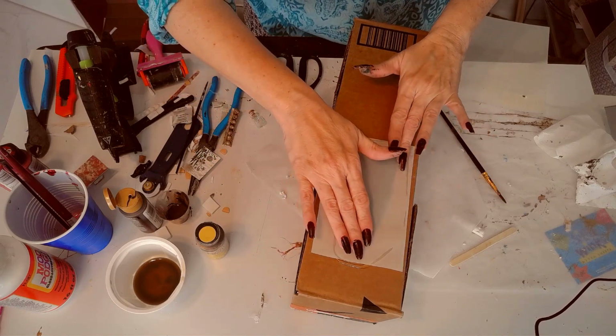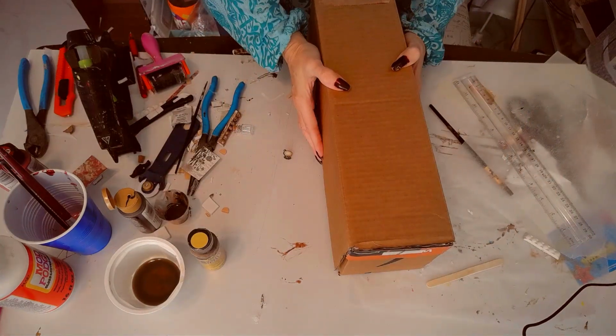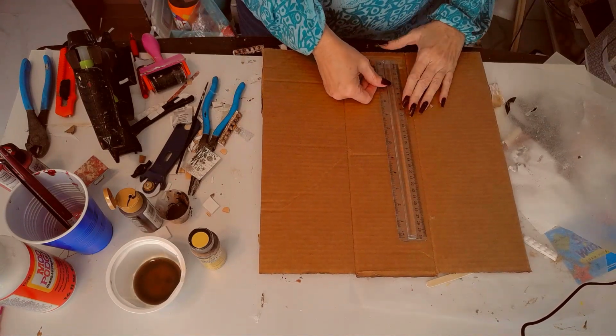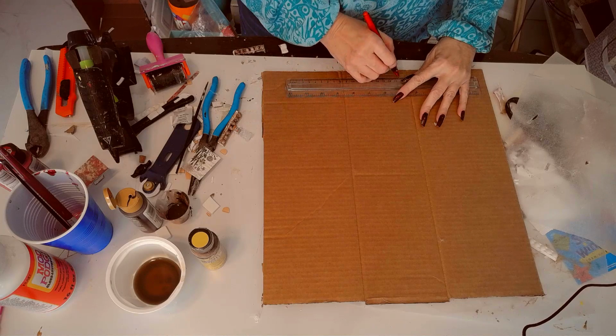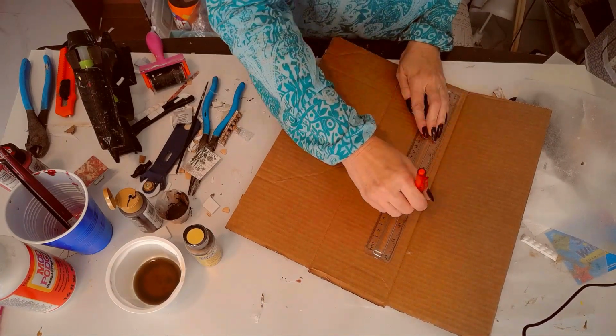Now I'm just adding some vellum to the window, just so it would have a nice color to it and add a little warmth to the window. Now on the other side of the box, I am using the rest of the box to create the walls outside. But it's just not going to be any kind of walls. I'm actually going to cover the little book nook